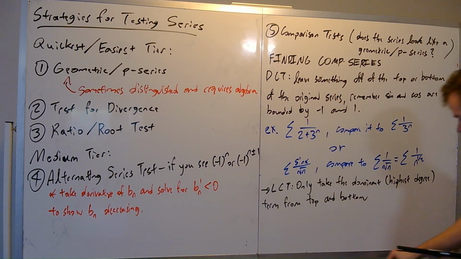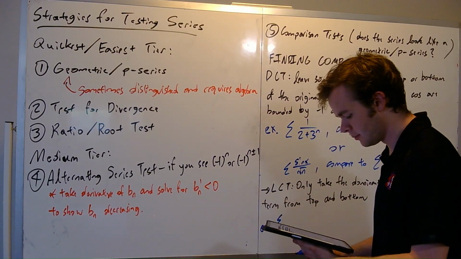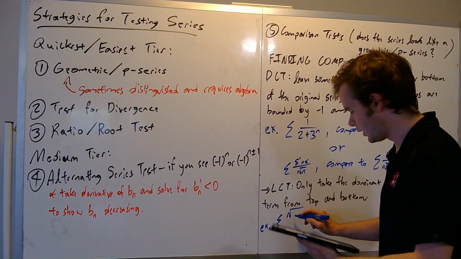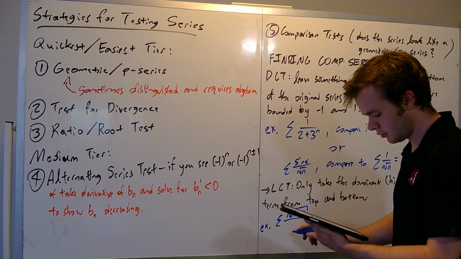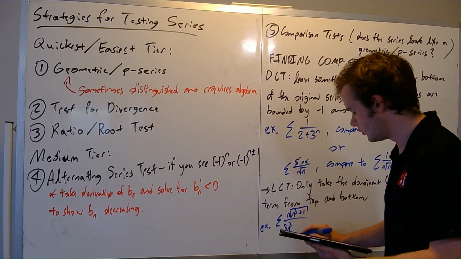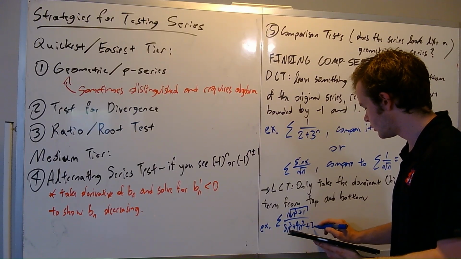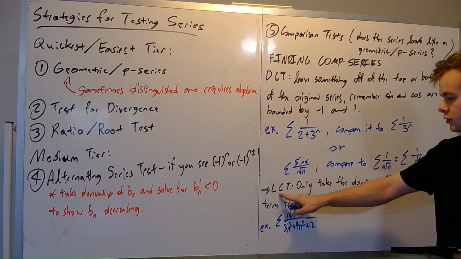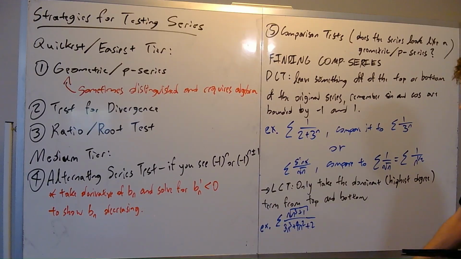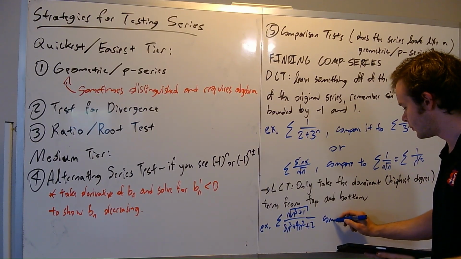Okay, so let's say we have something like, for example, the sum of the square root of n cubed plus 1 over 3n cubed plus 4n squared plus 2. Right, so this thing looks a little bit complicated. But we said here if we're using the limit comparison test, then the thing we're comparing it to, we just take the dominant terms in the top and the bottom, so the biggest powers of n. And if we do that, then we're going to compare it to,